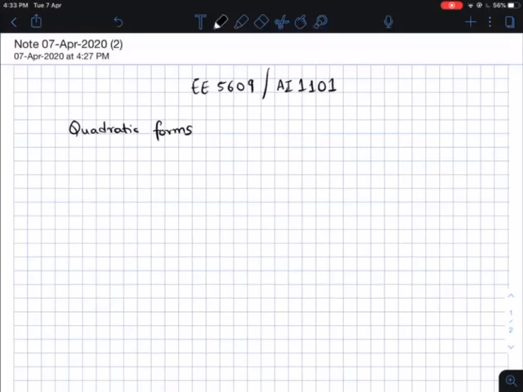What's a quadratic form? A quadratic form is simply a polynomial in n variables that is degree 2 homogeneous. I'll explain what this means. Degree 2 homogeneous. For example, a quadratic form in two variables x1 and x2 would be something like this: